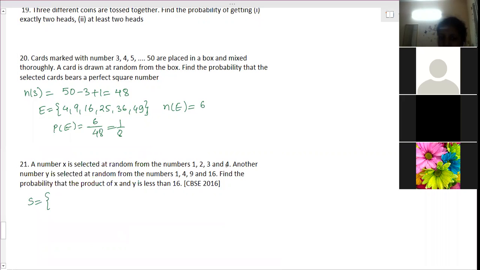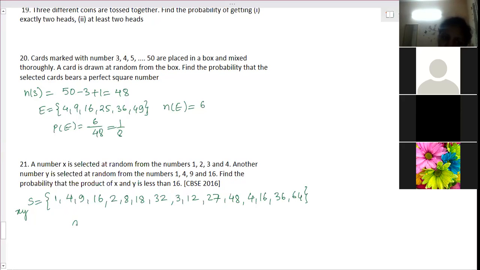So what are the possibilities? You have to multiply all four x values with all four y values. You need the XY product. So multiply 1 with everything, 2 with everything, 3 with everything and 4 with everything. With 1: 1, 4, 9, 16. Now multiply 2 with all 4: 2, 8, 18 and 32. With 3: 3, 12, 27, 48. Then with 4: 4, 16, 36 and 64.